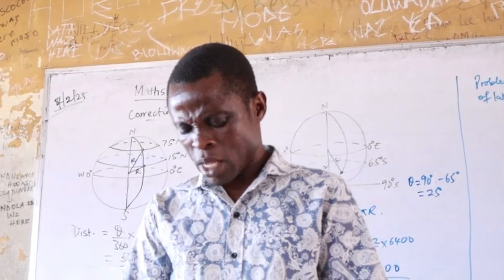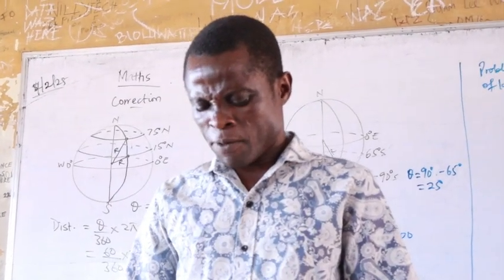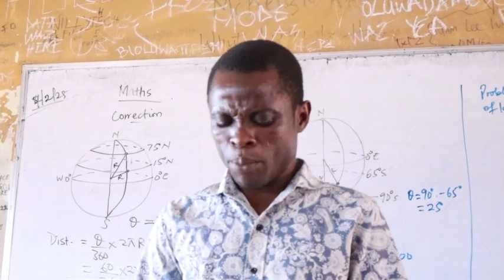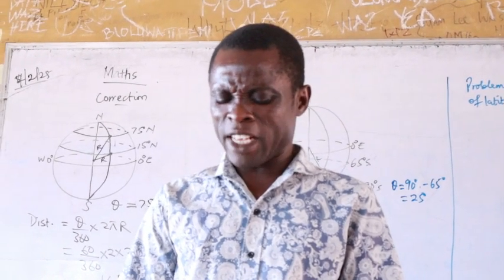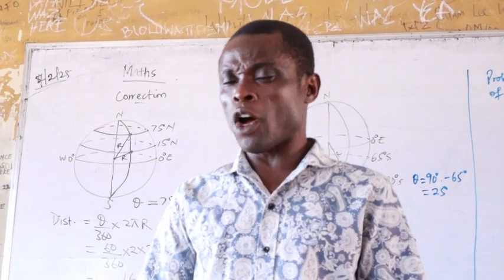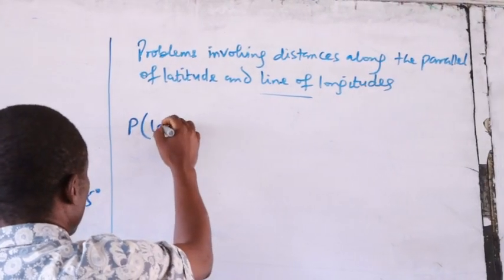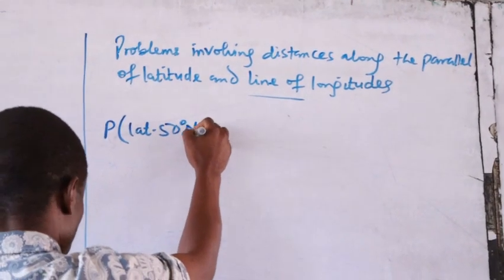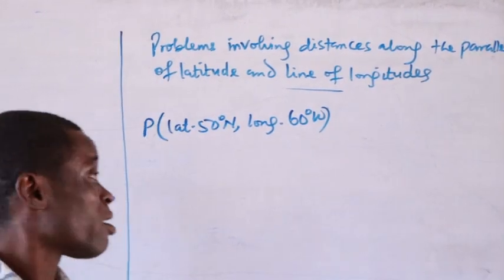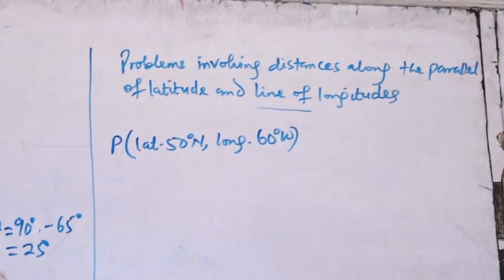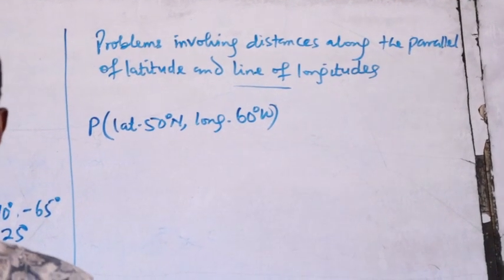Now, an aeroplane flies due west for 3 hours from P. This is point P, latitude 50 degrees north, longitude 60 degrees west, to a point Q at an average speed of